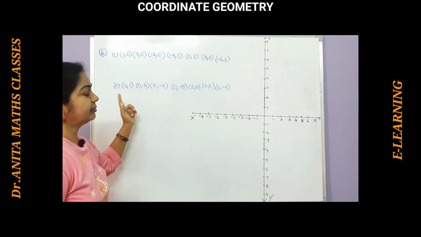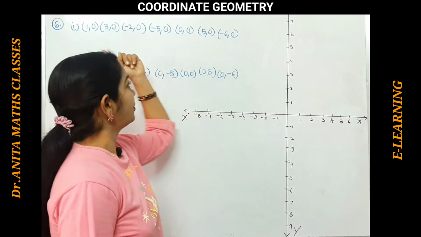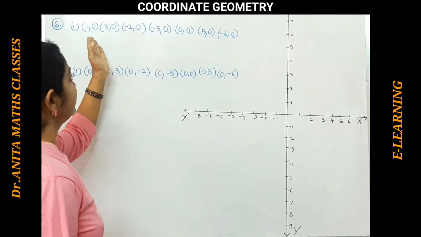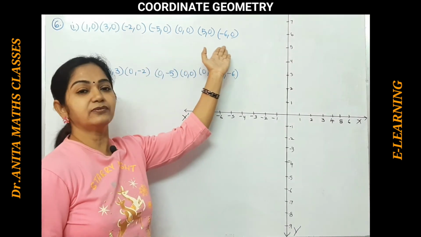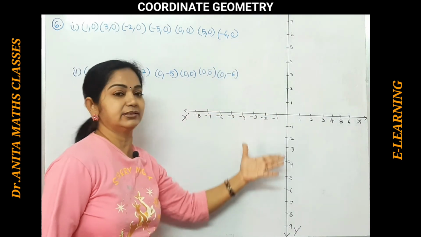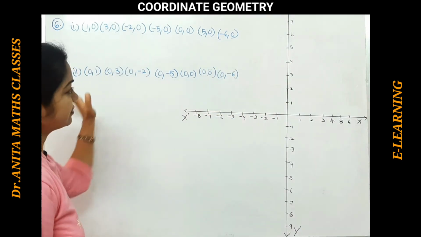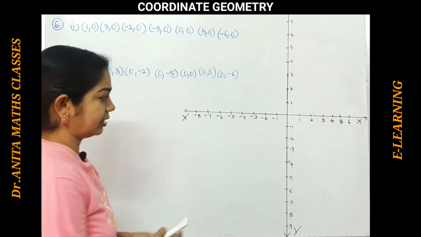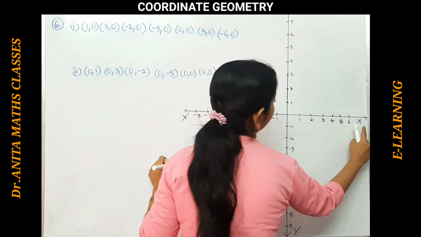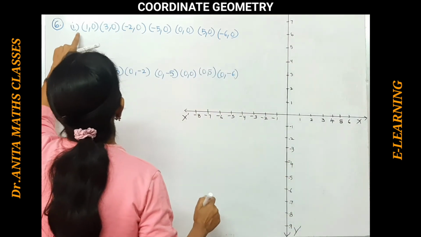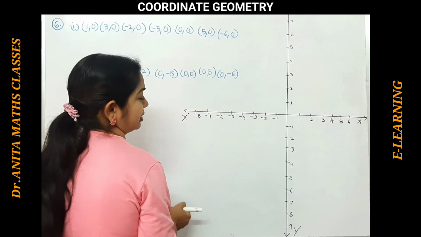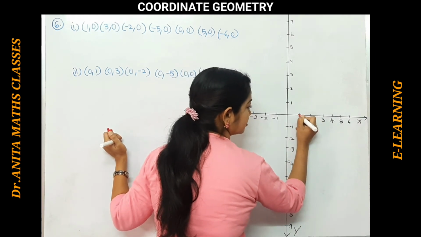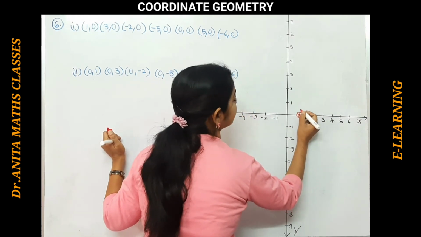Let's see the next problem here given. We have to plot these points on the graph. Asked us to mention, and we have to observe how do we get these points. So we will plot it. The first one, all these points let us plot. Here I have noted down the x and the y axis and I have segmented it. Here 1 comma 0. So 1 comma 0 means 1 on the x and 0 there is no. So this is 1 comma 0.